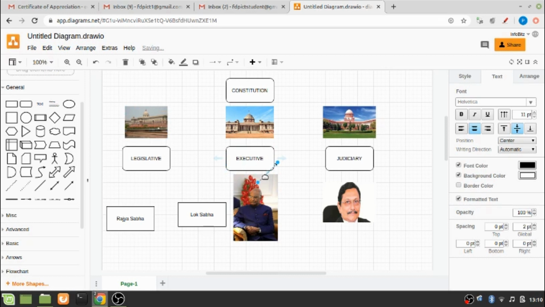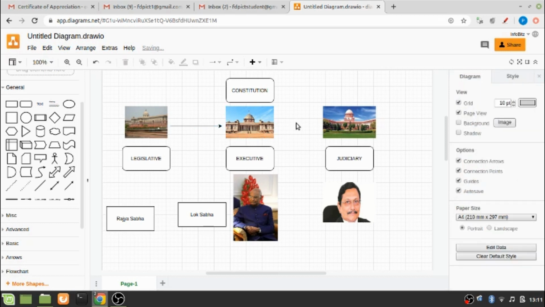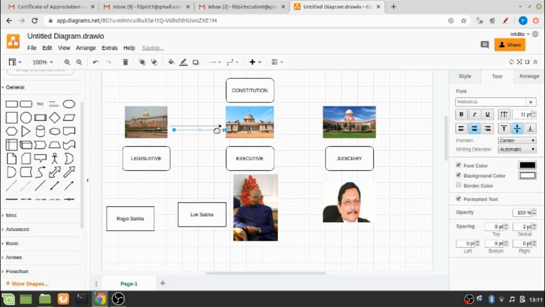So you can select the arrow and move it with the help of your cursor. You can change the position of this, and this should be okay to connect the components as I wish. So let me just copy this arrow, Ctrl C, and paste another. The arrow has already been selected. So let me try to move it with the help of my cursor, and again I can join.